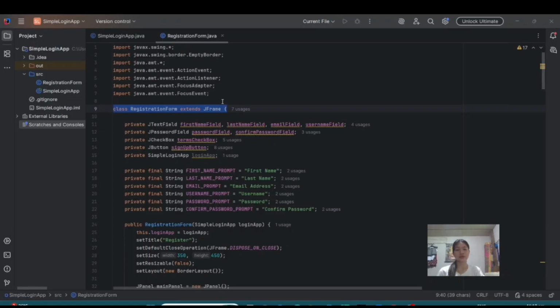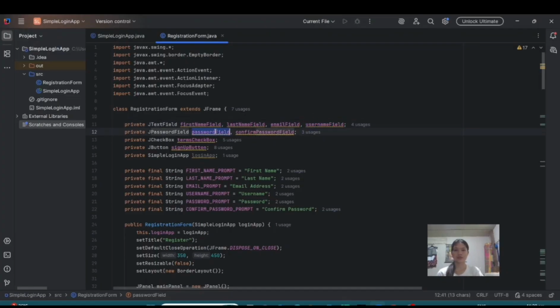And next, the instance variable fields. These variables store the different parts of the registration form. The first name field, last name field, email field, and username field are the text boxes where users type in their information.